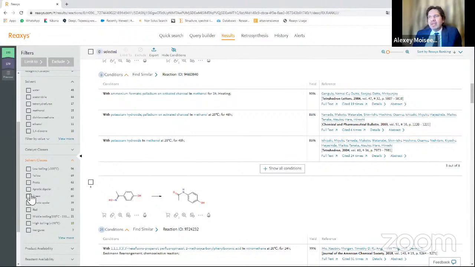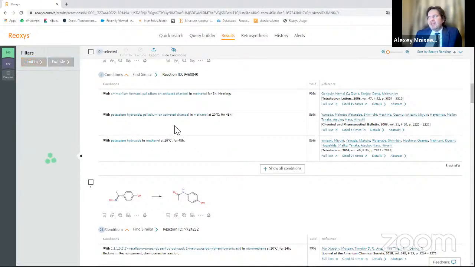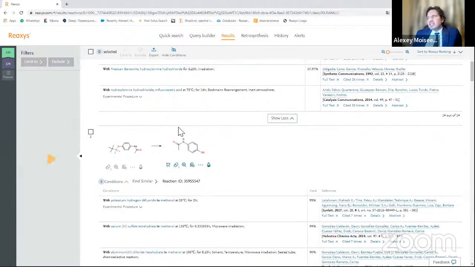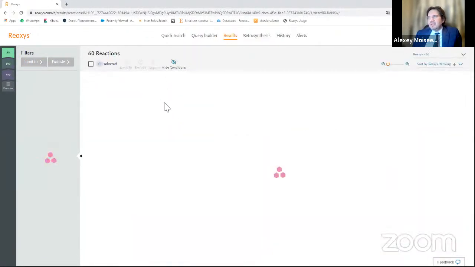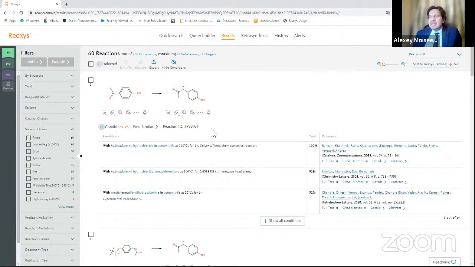For example, you prefer green solvents, which are more effective from the point of view of green chemistry. Click on green solvents, limit to them, and we will filter only chemical reactions and only ways of synthesis with green solvents. So it's a really effective tool to optimize your chemical synthesis, to find chemical synthesis of the material that you're interested in.